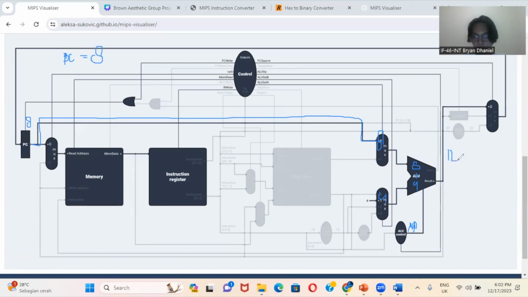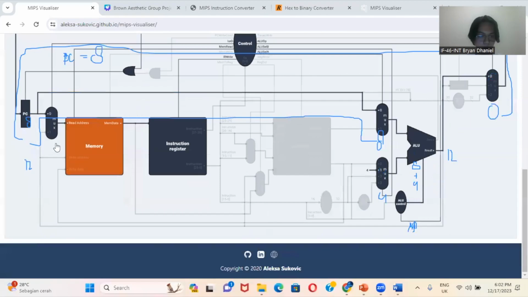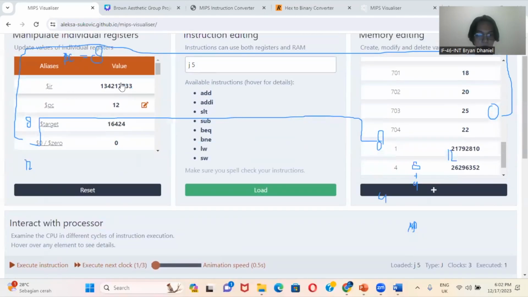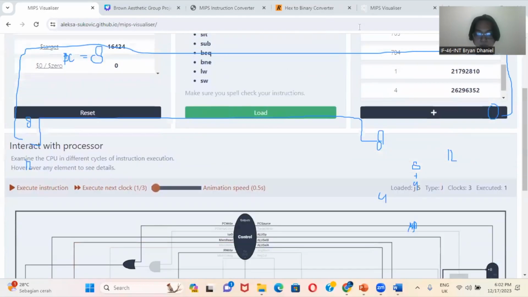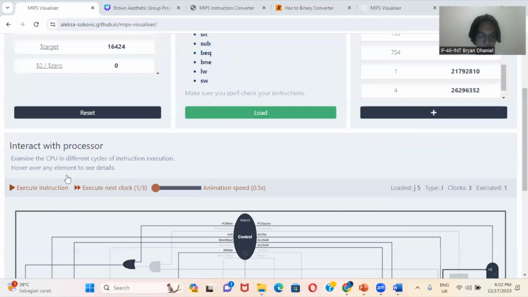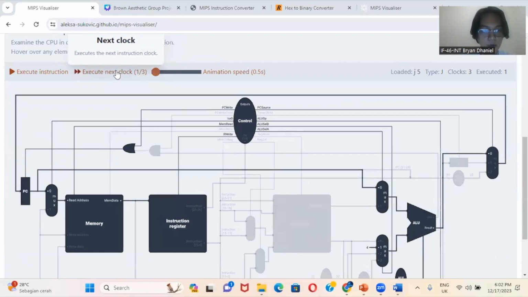So the result is 12, and then in this part, the 12 will go to the PC again, and before the value was 8, but now the value will be 12. With this, we can see here, look, before the PC was 8, but now we changed it to 12. Then we go to the next instruction, the next clock.